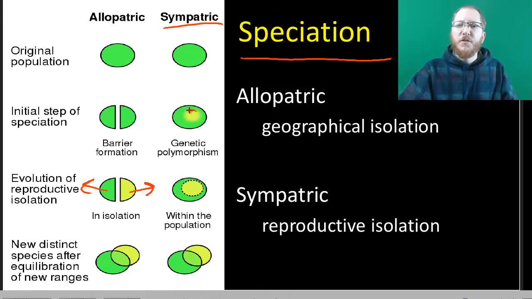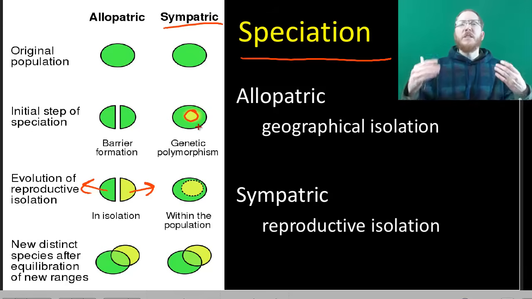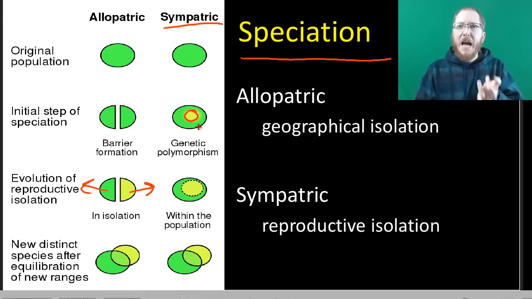So you have a small subgroup that forms, and that small subgroup is separated by usually something like prezygotic isolation. So it might be that they start reproducing at a different time. It might be that they move into a slightly new location, so they go up in the trees, but still in the same area. It could be that they have a different mating call, or something behavioral, a mating dance changed.